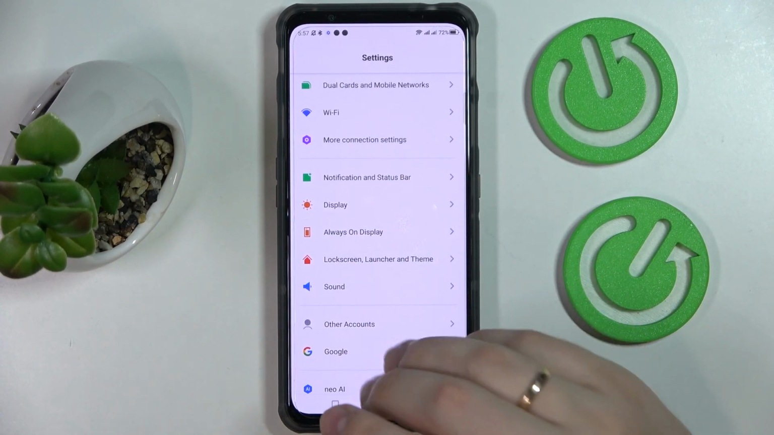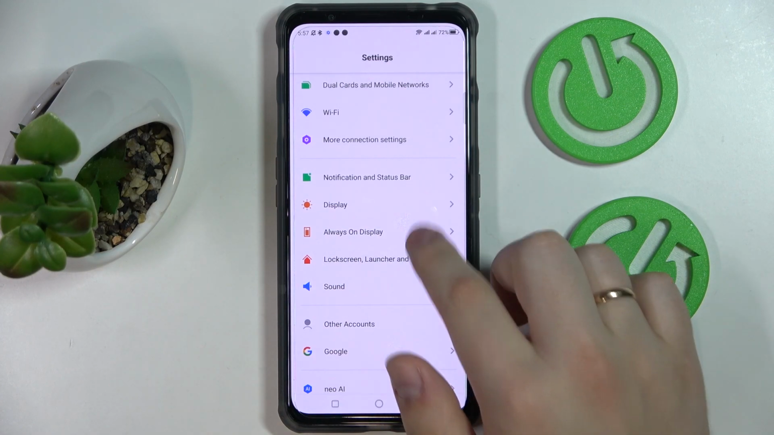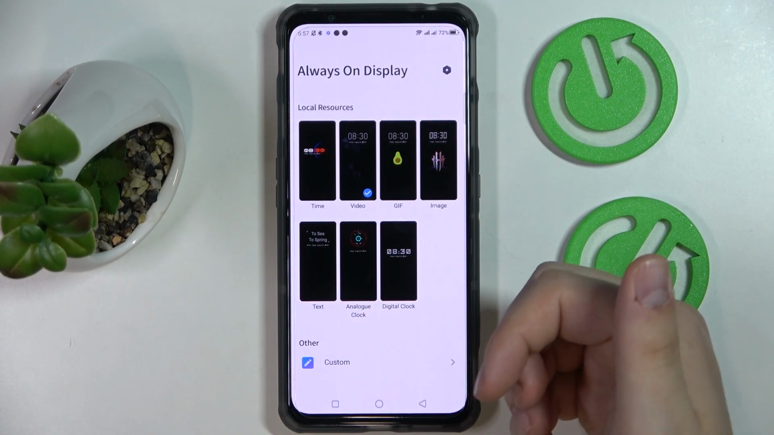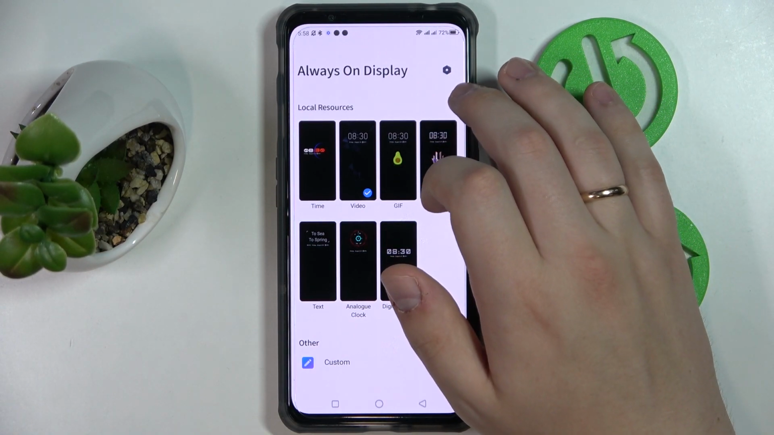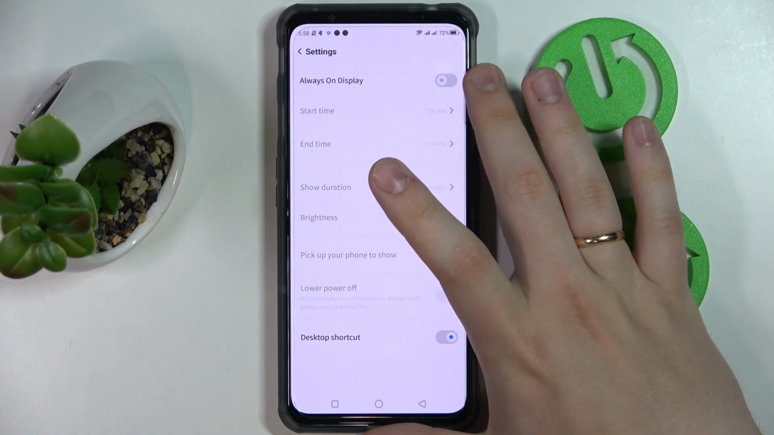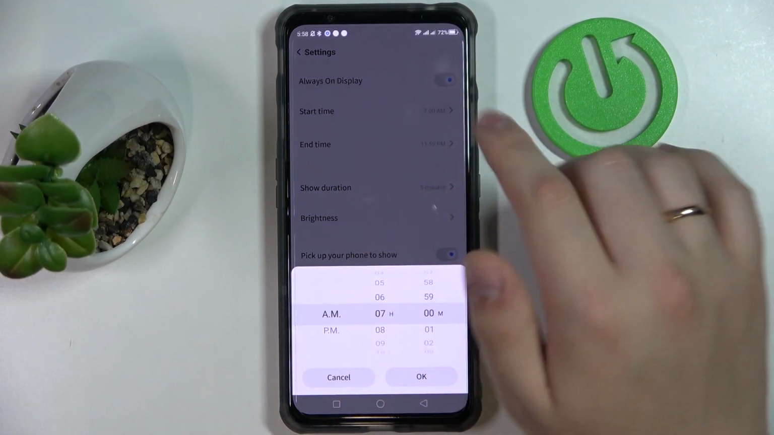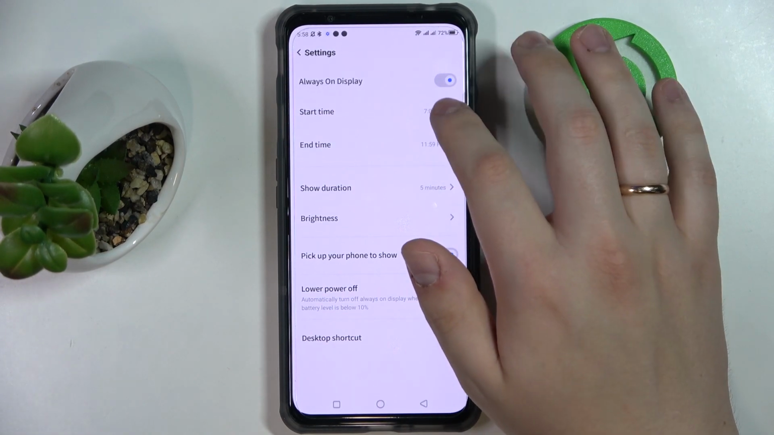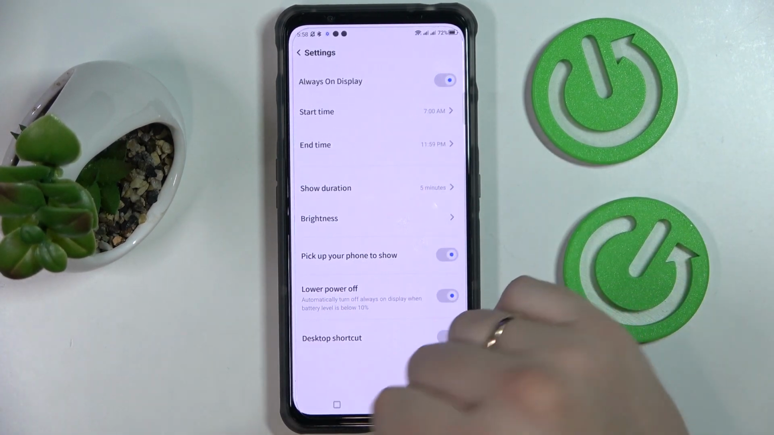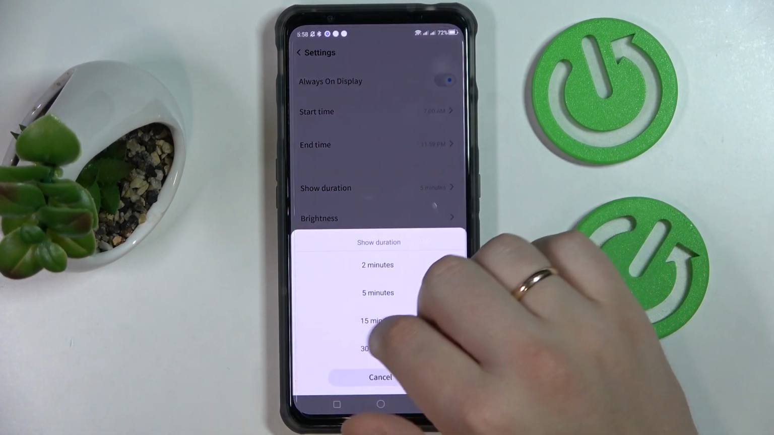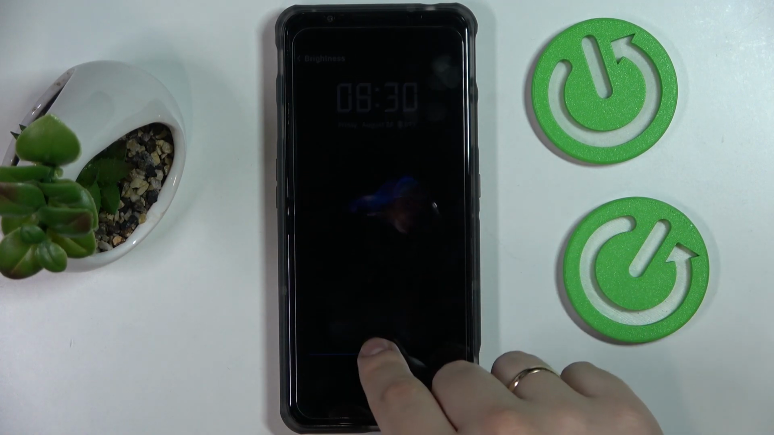And the final feature that we would like to show you in this video is called Always On Display. It has its separate category in settings. In order for it to be activated, you want to tap on this cog or gear icon at the top right part of your screen and turn on this toggle. In here we can set a start time for it, the end time, which are the time frames in which it will be shown, the show duration, the brightness,